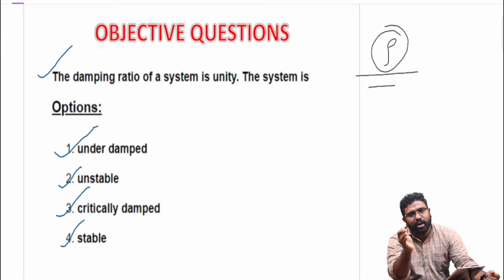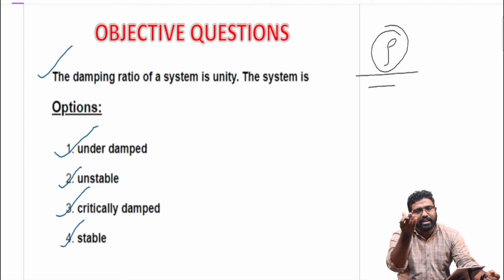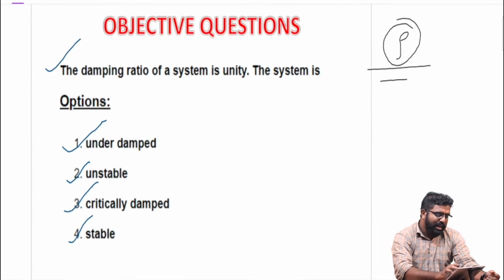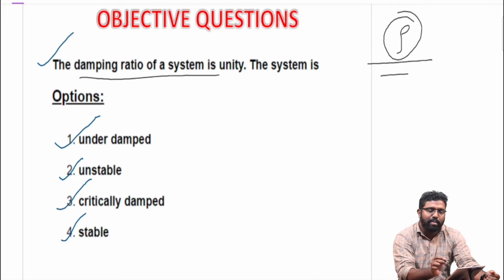Otherwise, you are using a lift to travel to the 4th floor of a building, then the minimum time in which, without any disturbances, it reaches the final value or the steady state value is called damping. So, in energy decaying systems, it is the rate at which the energy is dissipated to reach the steady state level or rest level. Here, they are asking about damping ratio unity.